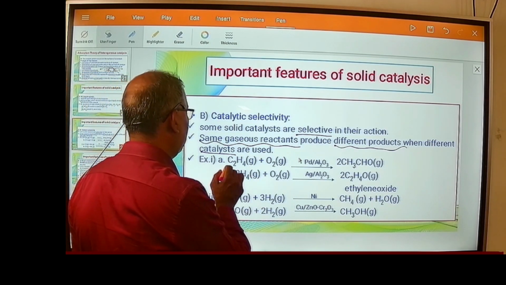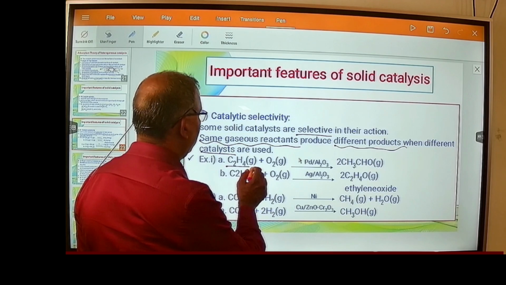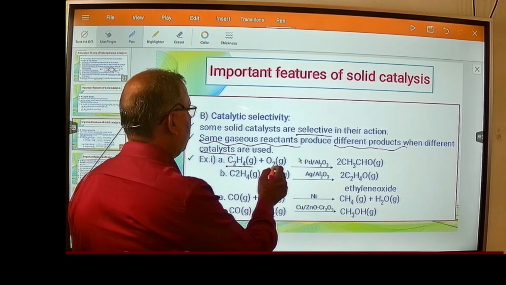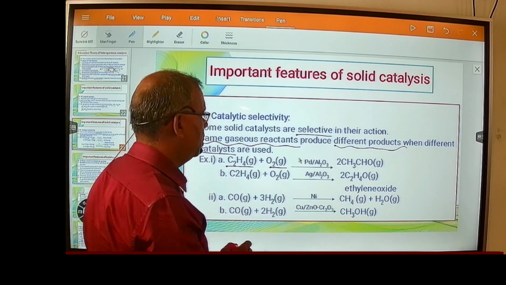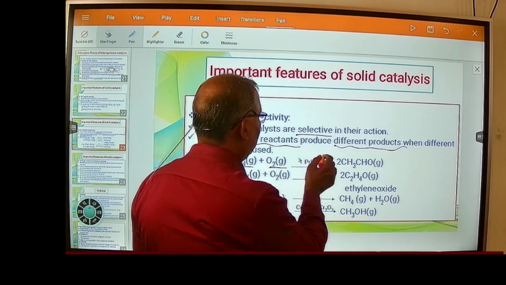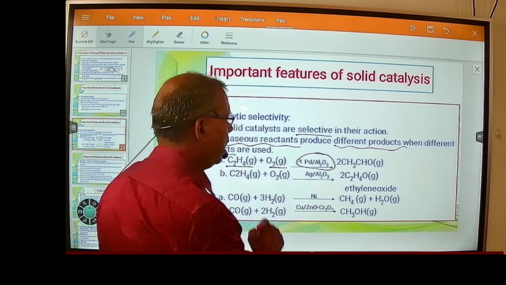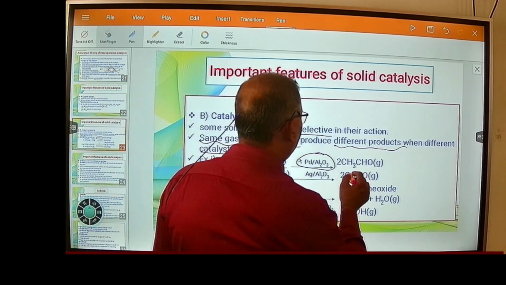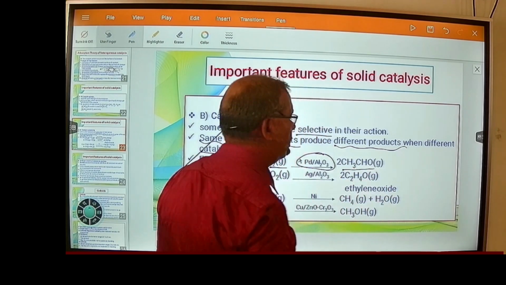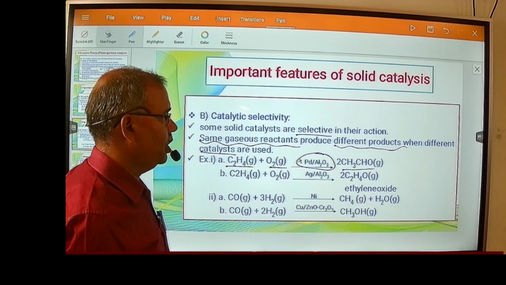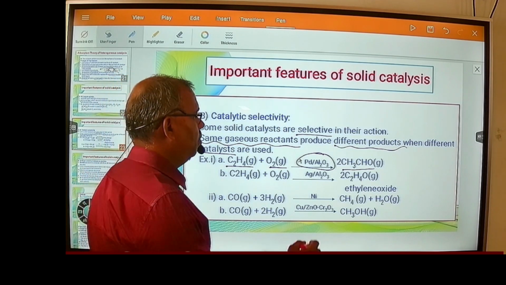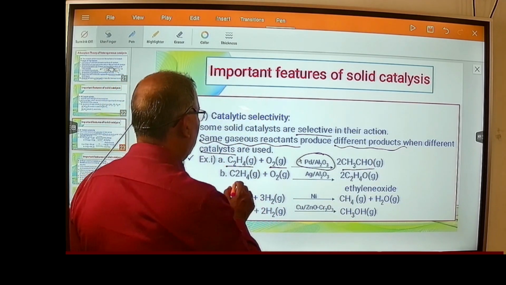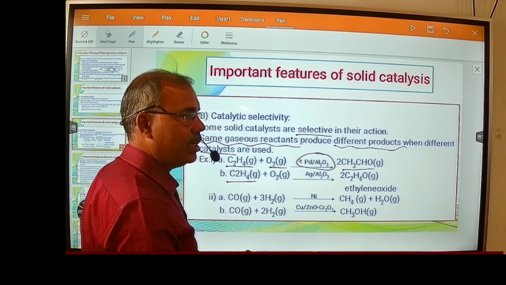Two examples are given. First example, ethylene gas C2H4, ethylene plus oxygen, the dioxygen molecule O2 gas, in the presence of the catalyst palladium and alumina. Palladium metal and alumina, we get the product acetaldehyde, CH3CHO. It is an aldehyde. 2 moles of acetaldehyde are formed in the gaseous state, whereas the same reactants, ethylene gas plus